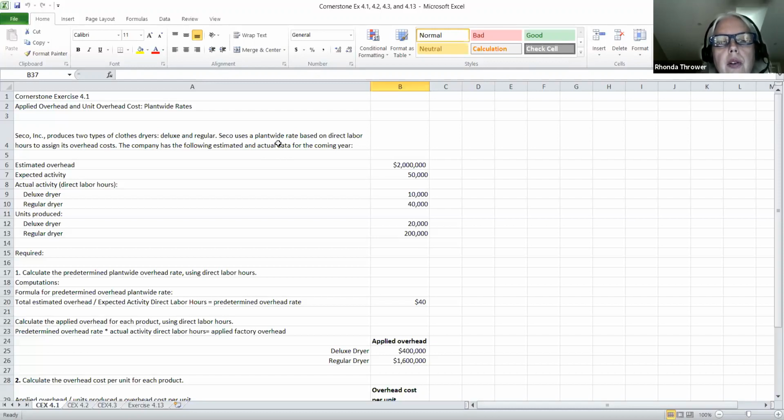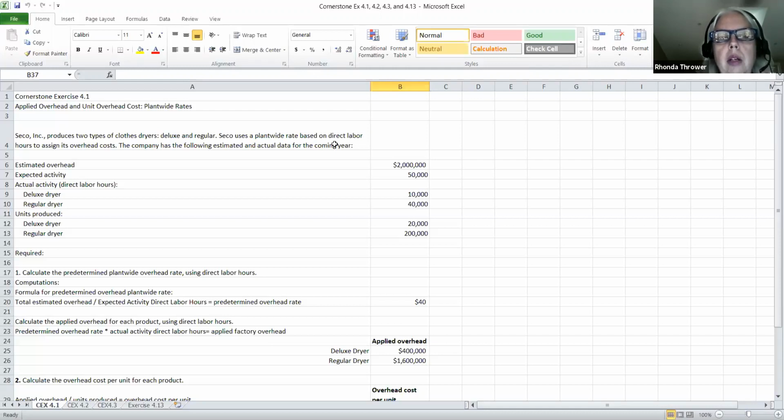And if we're using a factory overhead rate based on the entire company's factory overhead, we will usually have an activity base of direct labor hours, or it could be direct labor cost, or it could be